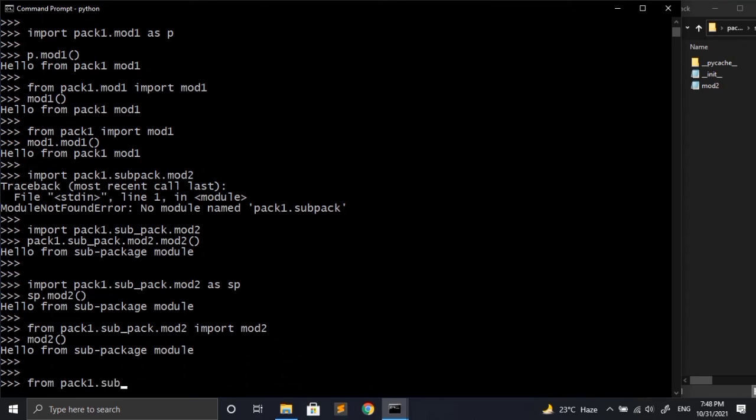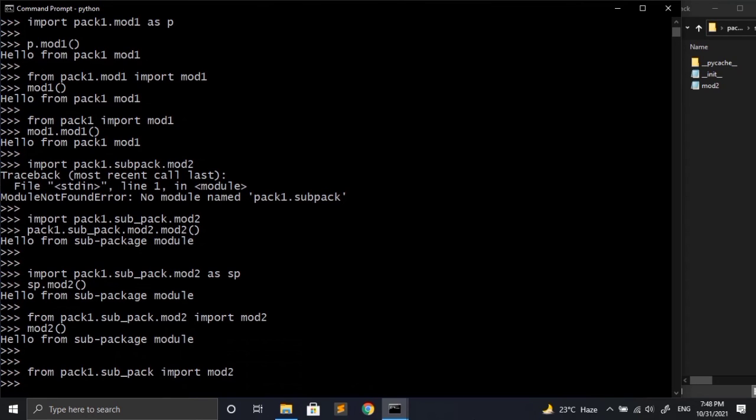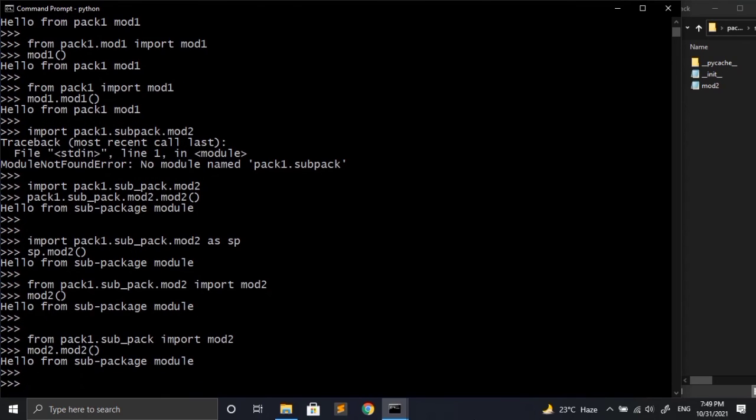Similarly, we can also import the complete module using the from import statement. For that we have to write from pack1.subpack import mod2, which is the module, and if I write mod2.mod2() with parentheses, which is the function of that, it will work perfectly fine.